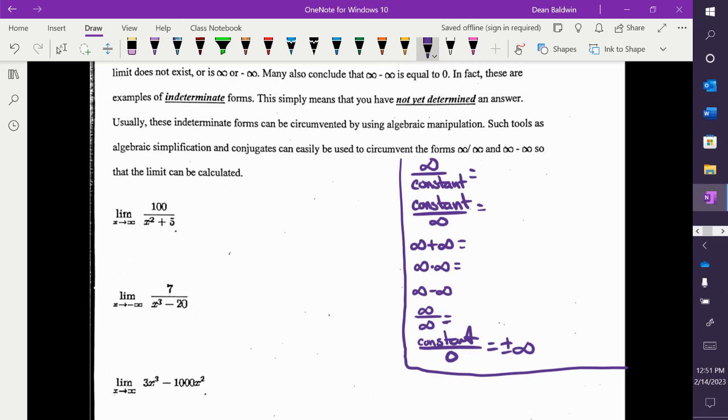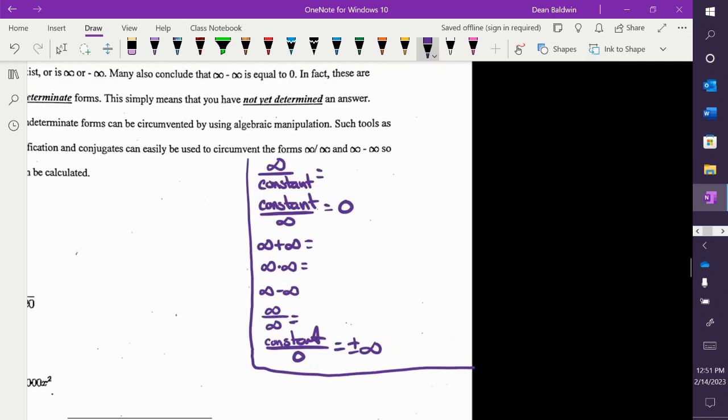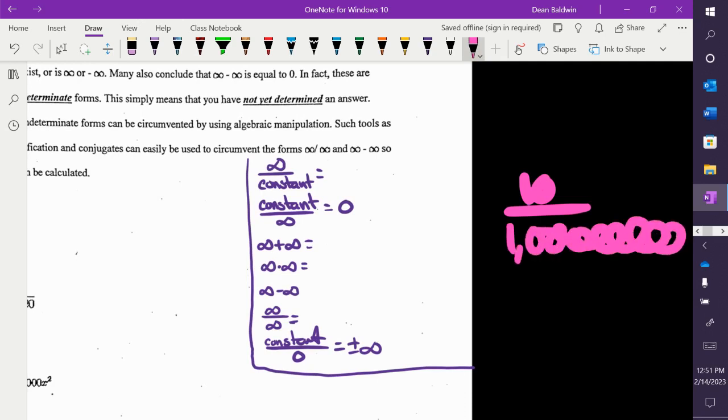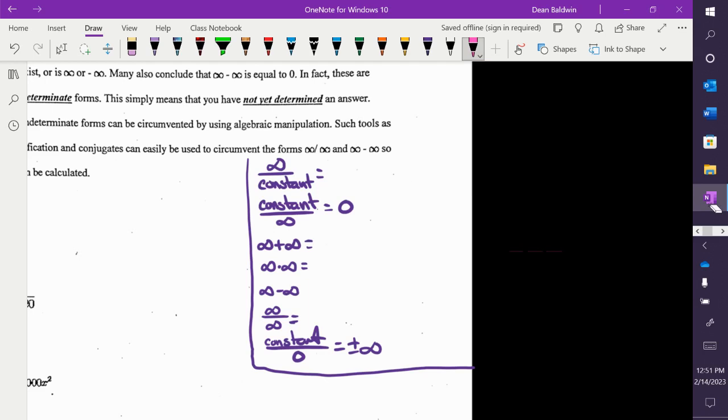What's a constant divided by infinity? 0. Constant divided by infinity. Infinity is a really, really, really big number, right? Like it's not even a number, it's an idea. But it's really, really large. So if you literally just took any constant, say 10, divided by 5,